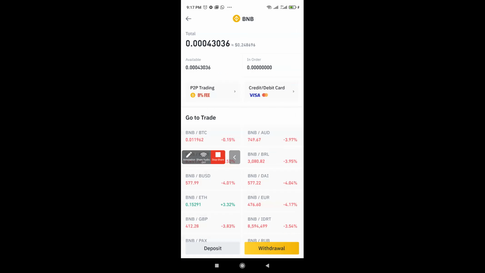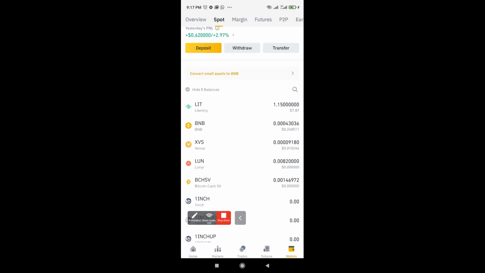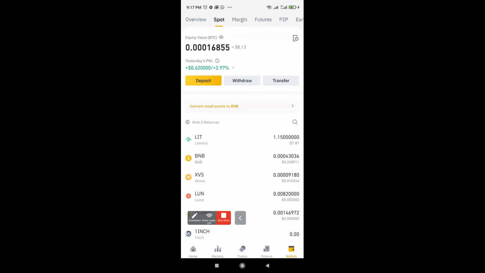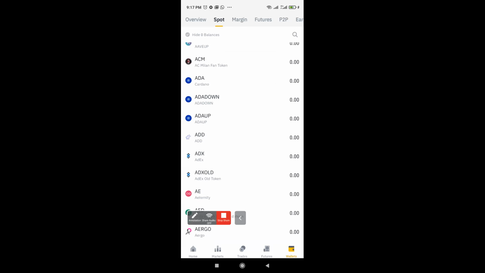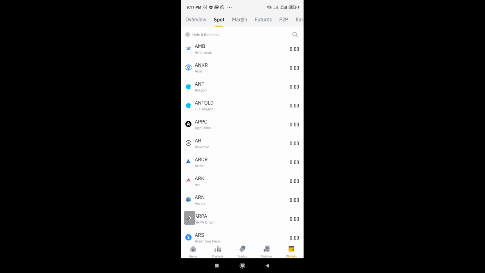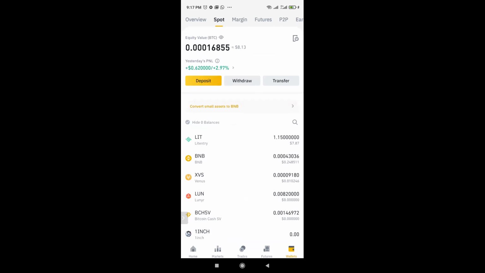It's quite easy. So just click on the coin that you want to send. Okay. If it's BNB, if it's Bitcoin, search for Bitcoin. Okay. And click on it. And then put in the address you want to send it to. Put in the amount you want to send and transfer. That's all. I hope I've answered your question. Yes, sir. Thank you, sir.